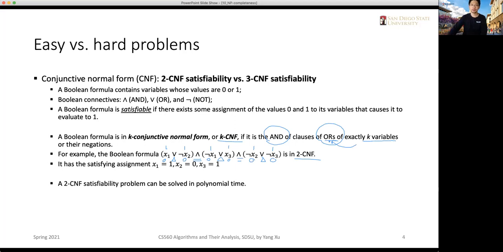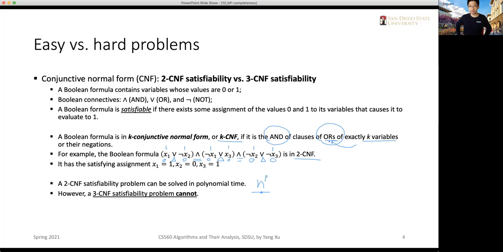Okay, so a polynomial function is like n to the power of some constant p, right? It could be n squared, it could be n to the power 3, n square roots, right? So anyway, it's a polynomial function, and the n is, for example, how many variables you have, right? All right, so that is a 2CNF, but it turns out that a 3CNF satisfiability problem is not that